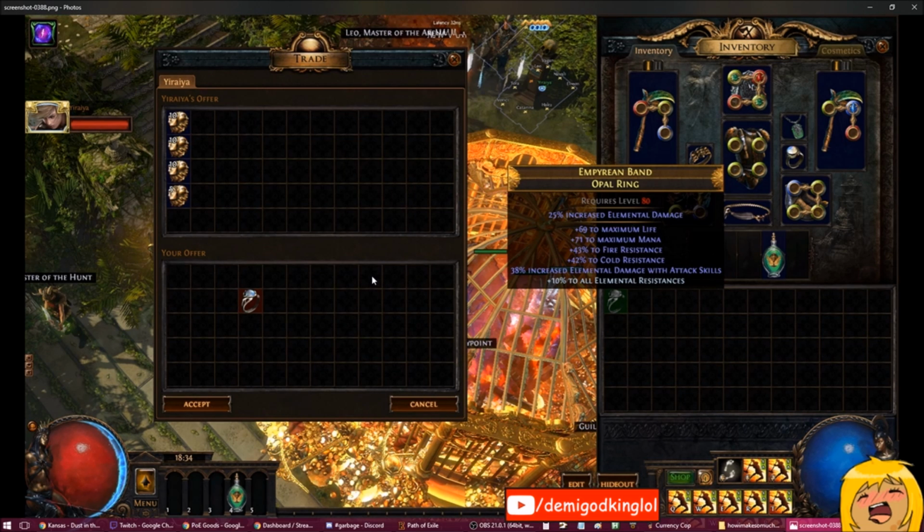All right, what do we have here? This is an extremely good opal ring. So we have life and mana and WED, elemental damage with attacks. So it's good for mind over matter attack based builds. It also has around 110% resistances on top of that, which is a crazy amount of resistances. It would be worth more if it had accuracy, attack speed, whatever, but that much resistances is just